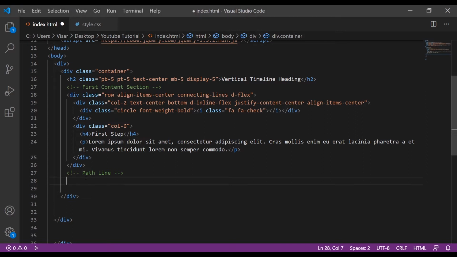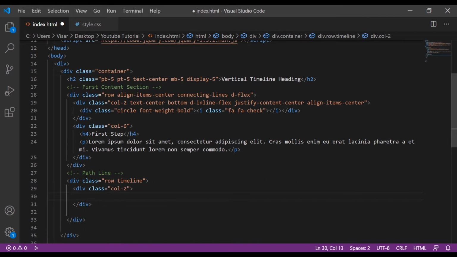So now we create another div with a class of row and timeline. Then we have another div with a class of col-2, and just inside there we have another div with a class of corner, then top-right.